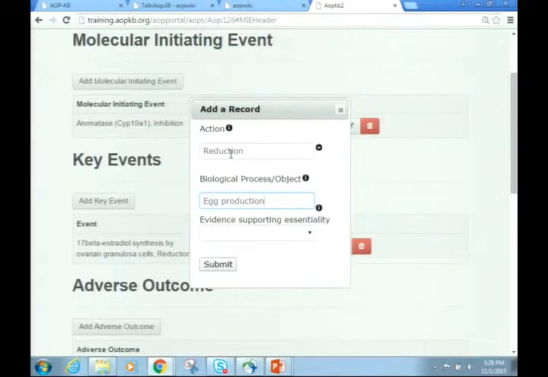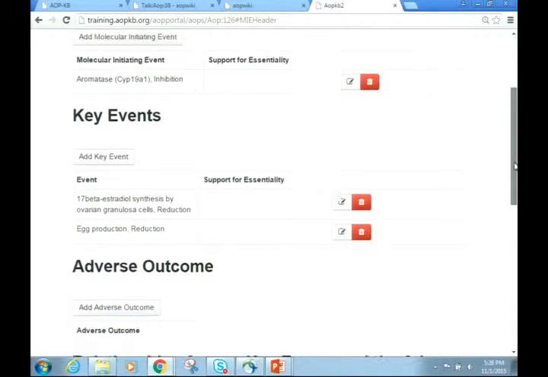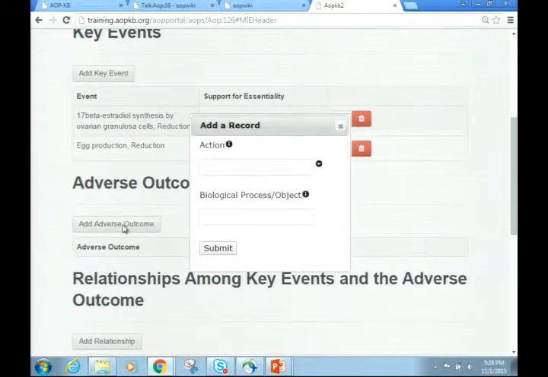I used their key event, which didn't match. So this just shows you that the same procedure is used regardless. In this case, what I'm going to be doing when I hit submit is creating a new key event in the wiki, which will then be available to other people to use when they start. So again, you have to do a little work up front to figure out what can be reused, and hopefully we will get a little better at helping you find these things on the fly. But once you know, it's fairly straightforward to add existing key events or add new key events.